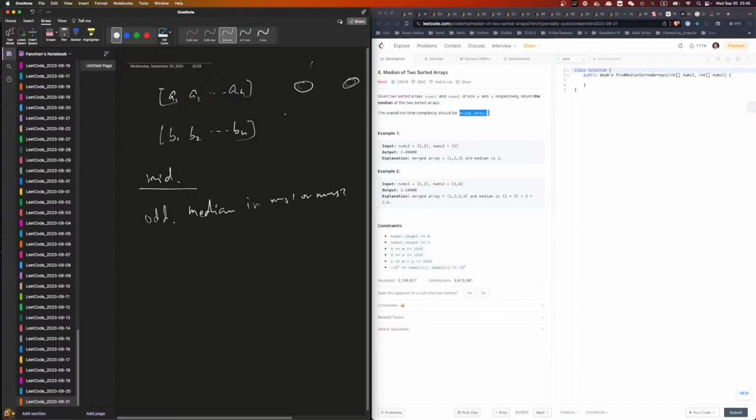Basically, we have a bunch of A1 to AK, and then B1 to B-something, doesn't matter. And then we have AK plus 1 all the way to AN, and B-something plus 1 all the way to B-something, doesn't matter. And then we have the current mid, right? So these are smaller, bigger, smaller, bigger. And the count of this equals the count of that. But we're not sure if this is